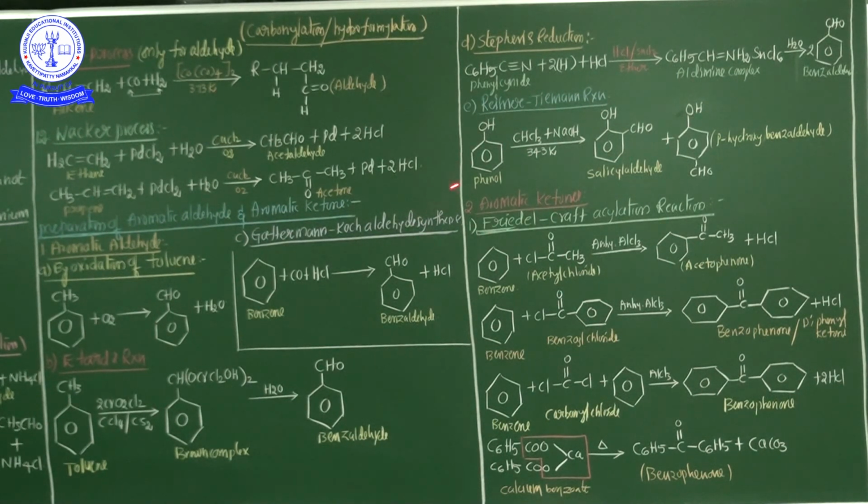And one more very familiar named reaction, the Reimer-Tiemann reaction. Put in your star marks here in your notebook. Reimer-Tiemann reactions are very important. See, in the Reimer-Tiemann reaction, hydroxybenzaldehyde is obtained. Very important. Hydroxybenzaldehydes are obtained by heating the phenol with chloroform and in the presence of alkali such as NaOH, the optimum condition temperature 343 Kelvin.